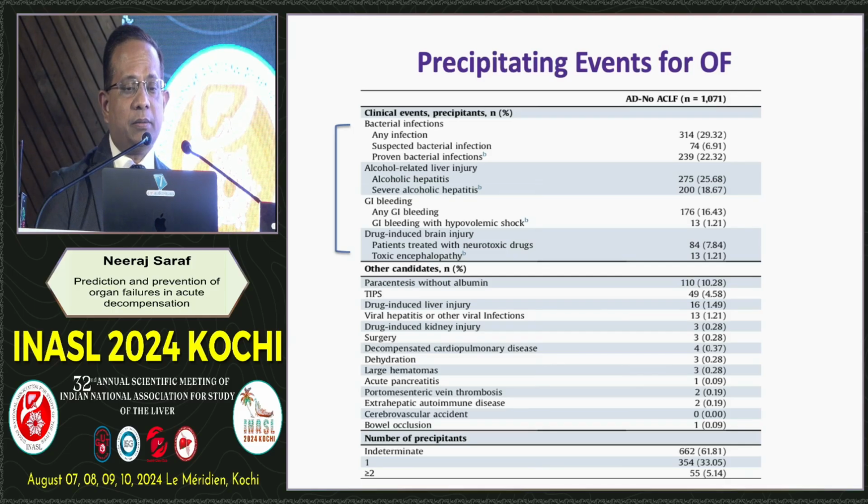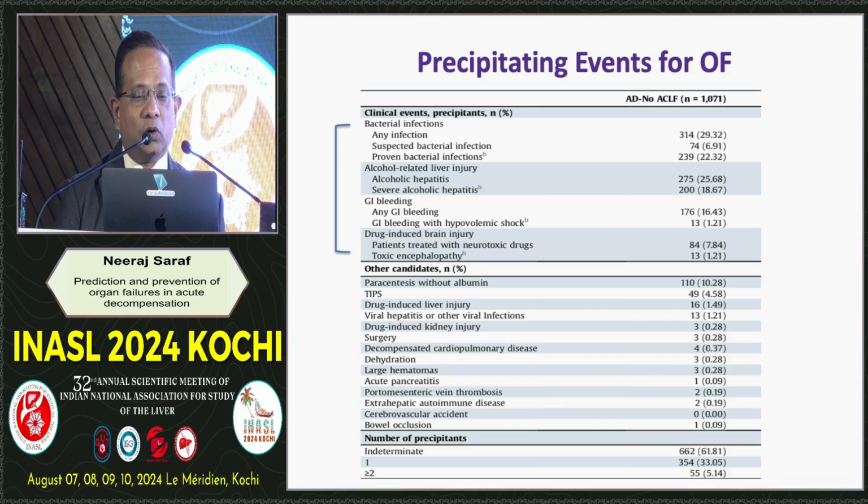There were again bacterial infections, alcohol-related liver injury, GI bleed, drug-induced brain injury. So these constituted the major precipitating events. The others were paracentesis without albumin, TIPS, DILI, etc. And again, like I said, the number of precipitants is important to decide which patient is going to go into